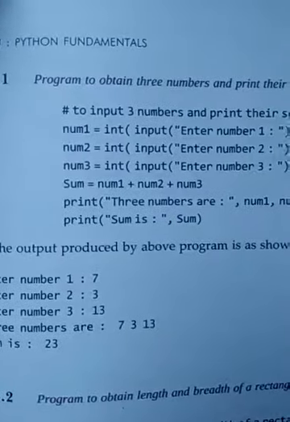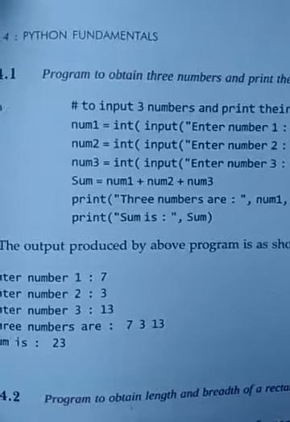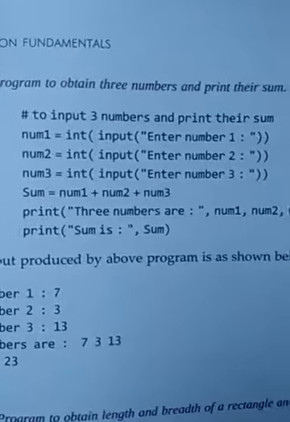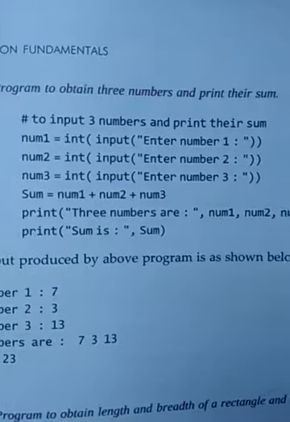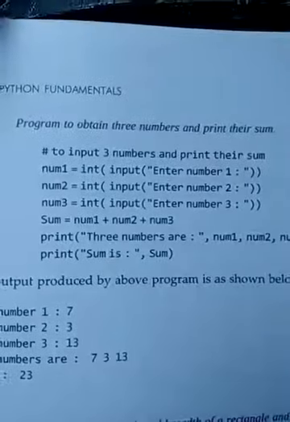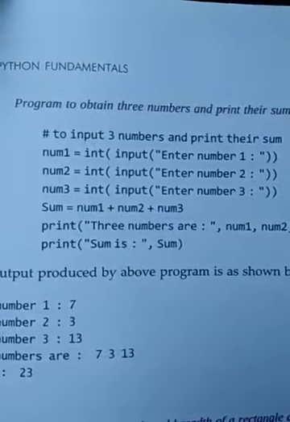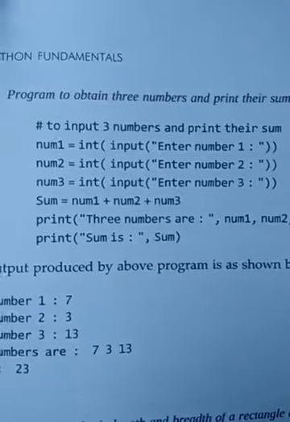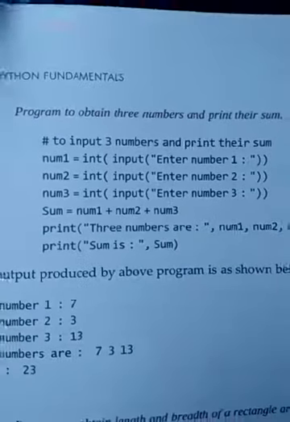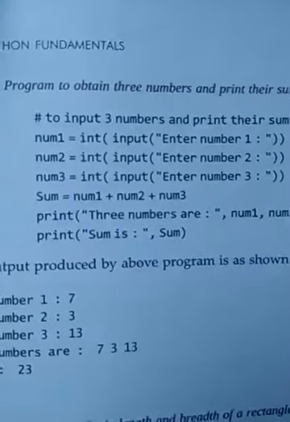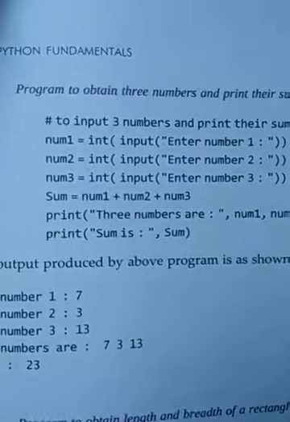So we are taking three variables, num1, num2 and num3, for input, and these should be integer type. There is a statement, int(input("Enter the first number")), which will read a number from the console and store it in num1. In the case of the second, again read the integer number and store it in num2. In the case of the third, this will read a third integer number from the user and store it in variable num3.